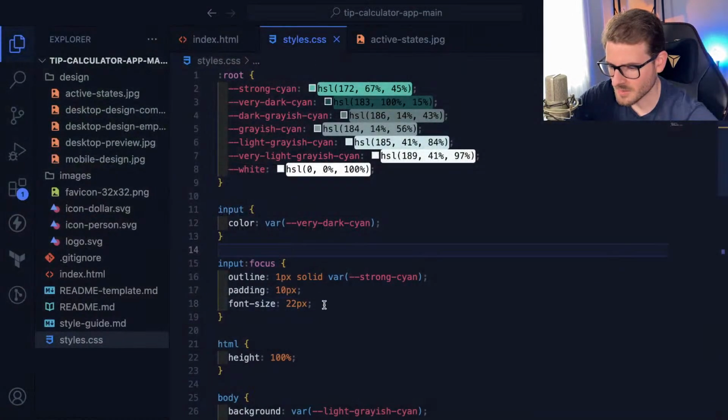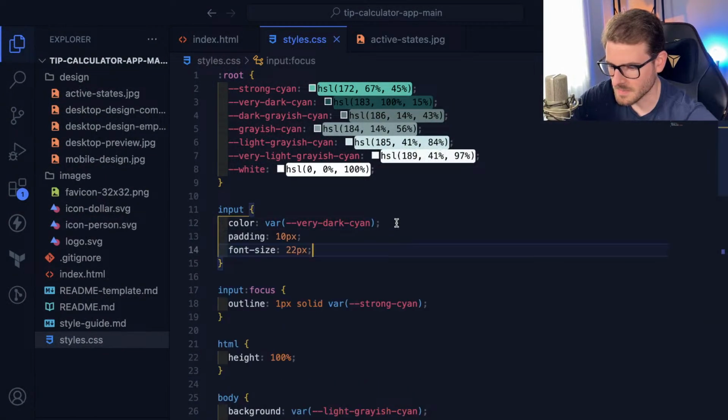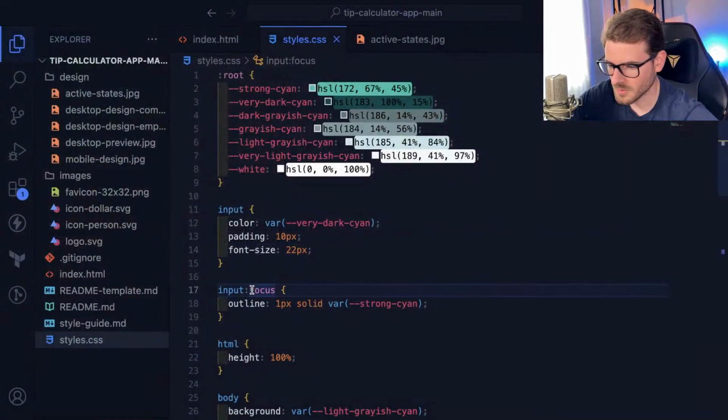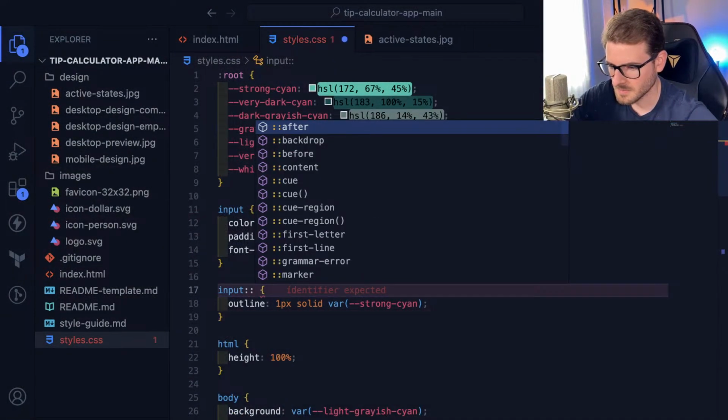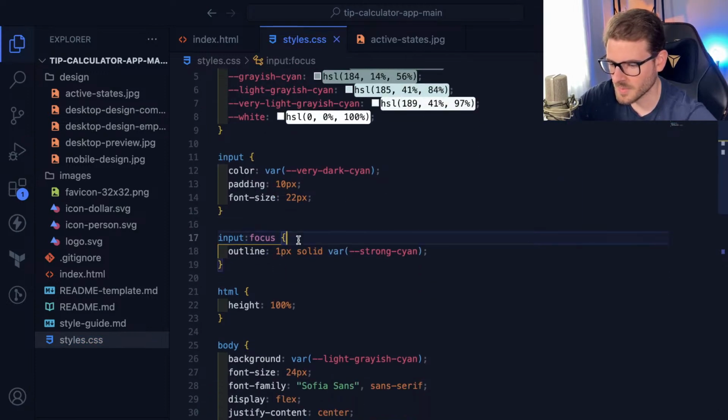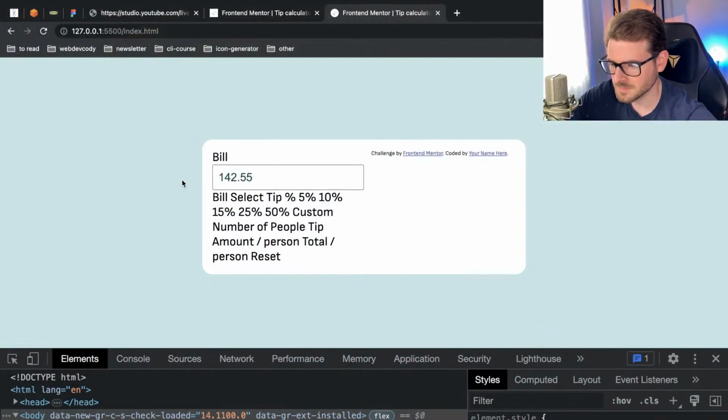I'm probably applying things, instead of applying it to focus, this should actually be on the input itself. Input:focus. No, I think it's just one comma for focus. Anyway,